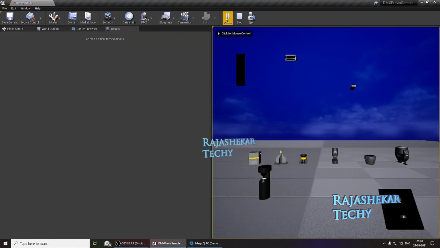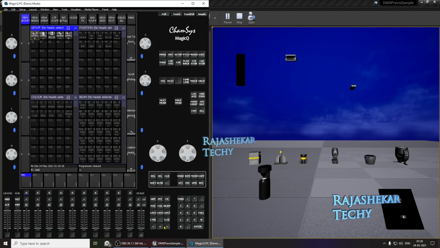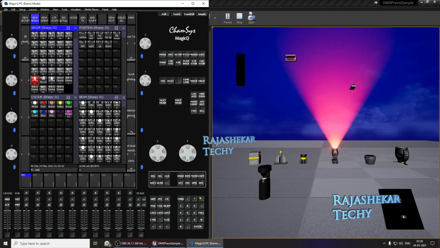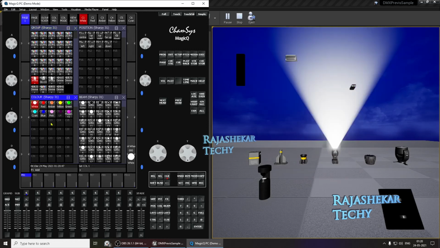Let's look into an example of how to add an animation cue to any light fixture. So let's do it for a moving head. Go into layer 1, view heads, selecting the first Sharpie, full. Okay, so now let's assume you want it to begin in the white color, and this is your first position. So what I'm going to do, with the light color selected, I'm going to click on record, and then click on this symbol which you see here. Yes, tap on that. So your first key is set, and let's change the color to red.